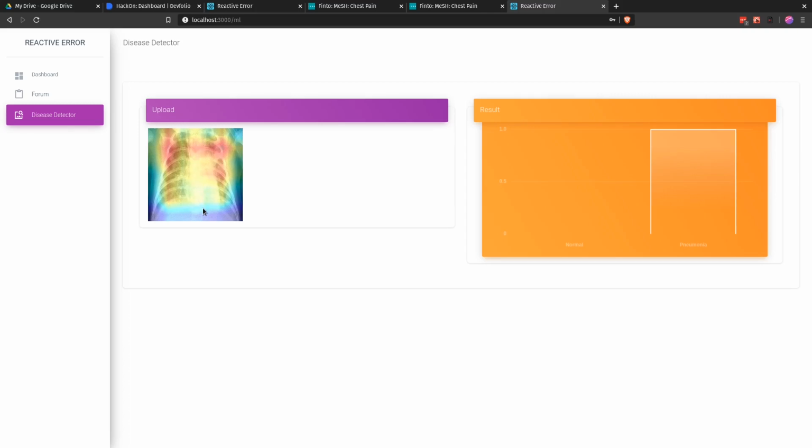We are using Grad-CAM for producing such heat maps, which allows easier diagnosis for the doctor and the patient as well. This system can be used in rural areas where not everyone has the speciality to diagnose a particular type of disease. So if you can see, it predicted very strongly that the person has pneumonia, and it even shows the heat map of where the most concentrated zone is.